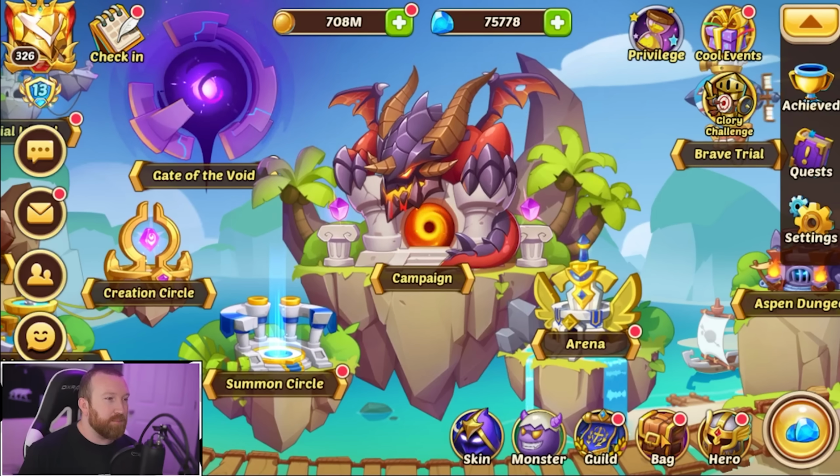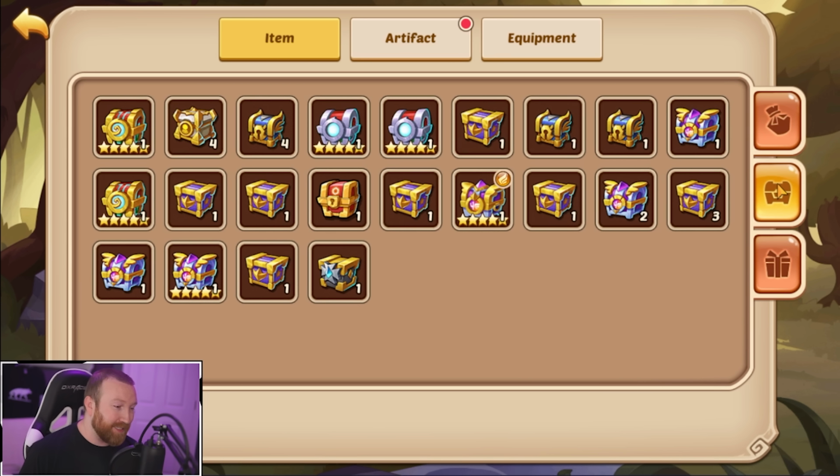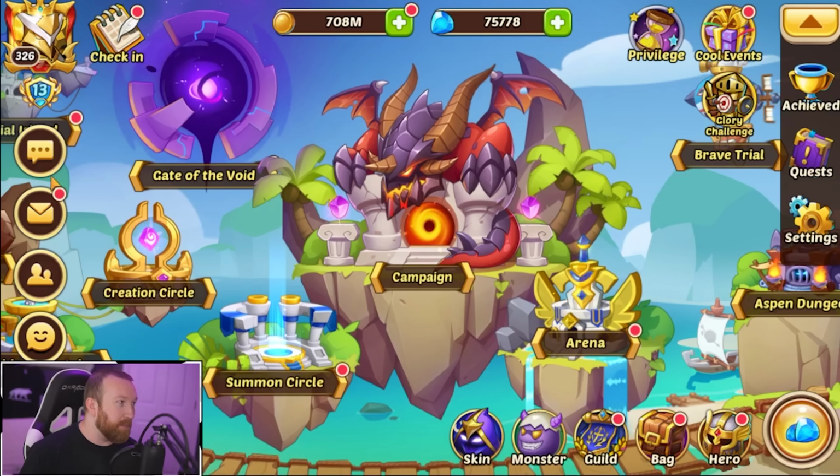Now, I'm wondering if that means like the bag, but I'm guessing there's going to be a red dot over here on the right-hand side saying you have a chest open. I don't know if that's necessary, honestly, but okay. I mean, it is what it is. Hopefully, it's not an annoying red dot for you guys every time you log in. But when there are unread mail,